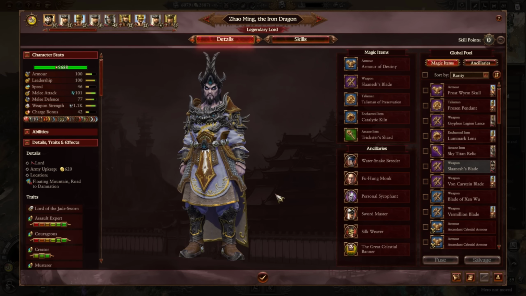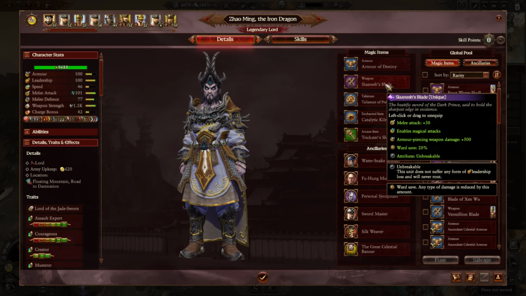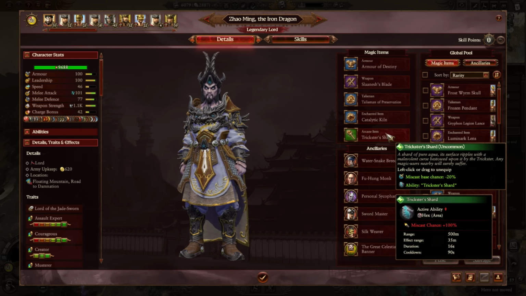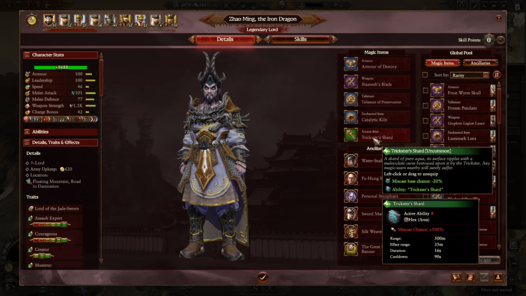Fateweaver here. So, we've got the Armor of Destiny, that's correct, that's the right armor to have. We've got this Slaash Blade, that's correct, good one. Talisman of Preservation, awesome. The enchanted item, Catalytic Kiln, yep, that's correct. Arcane item, Trickster's Shard. Now, he doesn't have the correct item that he needs here, but there's an item called